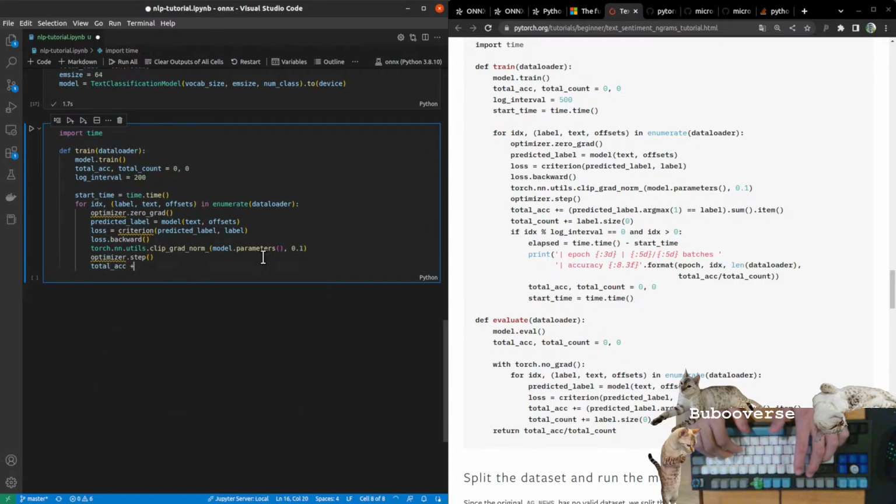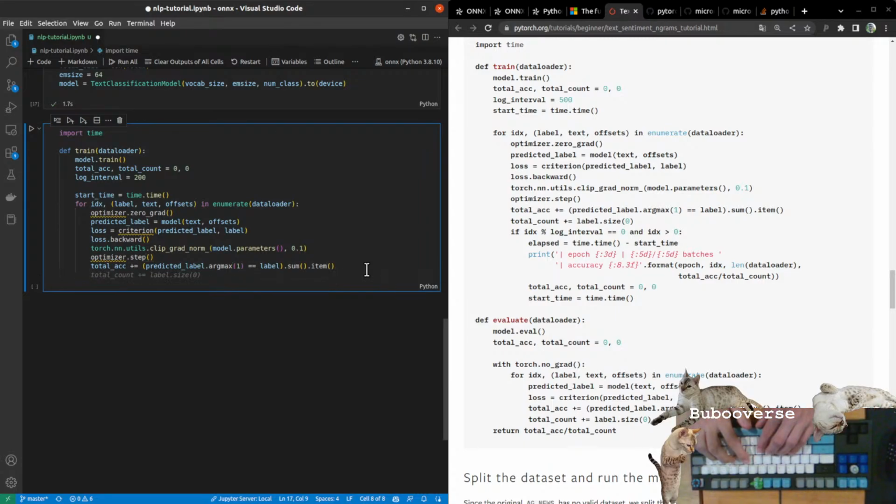And then we're going to basically keep a running total of the accuracy by taking that predicted label. Argmax, right, predicted label is going to be a one-hot, giving you the probability of each individual label being the true one, and we want to basically just take the one that's the highest, the category that has the highest score. Total count, sure, and then